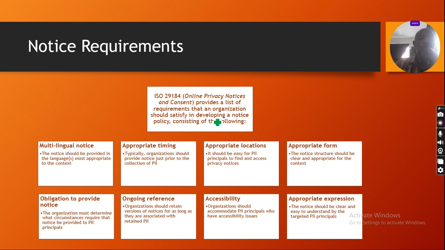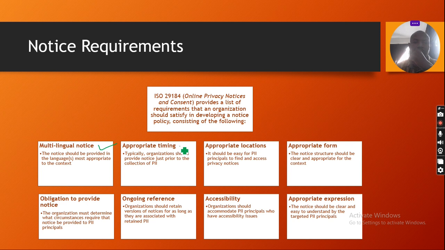Notice requirements. ISO 29184 on online privacy notices and consent provides a list of requirements that the organization should satisfy in developing a notice and policies. One requirement is multilingual notice, so that it will be given in different languages.